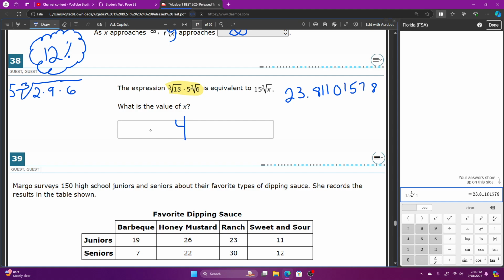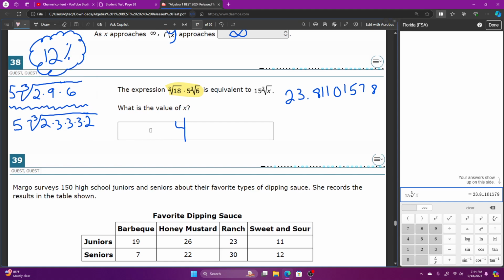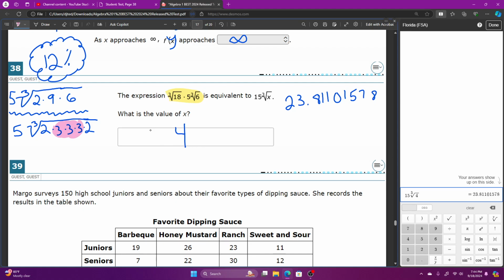And I'm going to factor the 6 and the 9 down on the next line. 5 cube root of 2. And I know that 9 is 3 times 3. So I broke down the 9. And then to make the 6, what times 1 equals 6? I know that that's 3 times 2. And the reason why we wanted to factor everything down is because we've got a cube root. And so I wanted to find 3 of the same number. Now that I have these 3 3s, and it's a cube root, I can take this out and multiply the 3 times 5